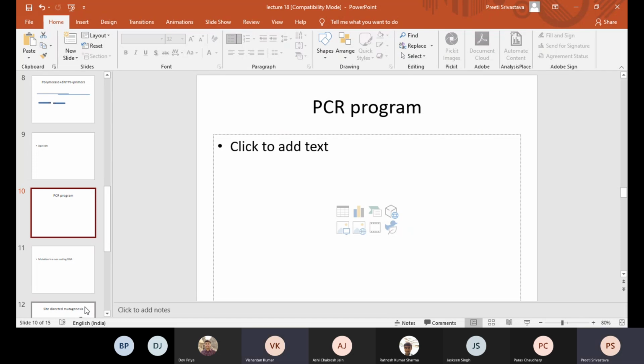Ma'am, but again, that will still be contaminated by the template DNA, right? So if you want to perform some analysis on that, you can't take the results to be sure. No, say it again, Vishantan. Ma'am, if you take that PCR of PCR product, it would contain some amounts of template DNA as well. Template DNA will come in this case, yes, because this is not methylated, so you cannot remove it. So if you perform any sort of analysis or conduct any sort of experiment on that, then how can you check the validity of that experiment?